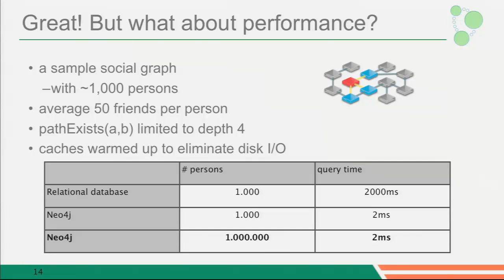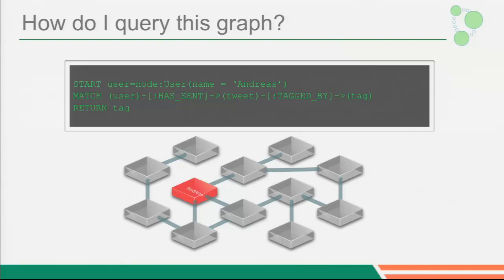And once you choose a data store that is specialized like that, for the type of data that you use, that's when you get these kinds of amazing performance advantages. Okay, so how do you query this graph then? Well, it turns out that there's a query language called Cypher. Michael is going to talk a lot more about that later. But it's a pretty interesting one.